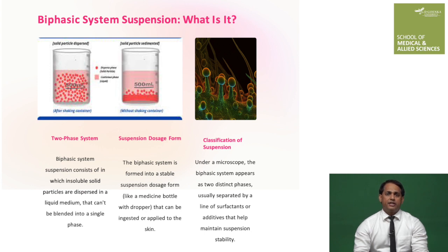Based on the route of administration, suspension can be divided into oral suspension, externally applied suspension, and parenteral suspension. On the basis of the solid particles present, it may be colloidal dispersion and coarse suspension. Based on the electrokinetic nature of solid particles, it may be flocculated system and deflocculated suspension. Another classification is based on the proportion of solid particles, divided into dilute suspension and concentrated suspension, which has more than 50% weight by volume of the solid.